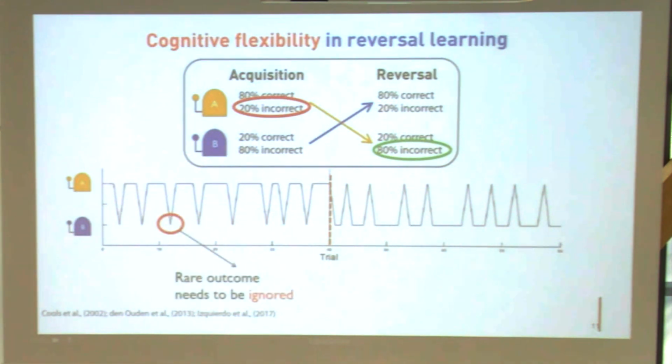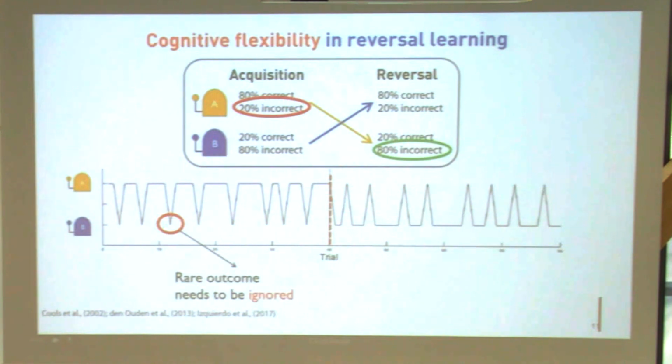So essentially, there are things to look at. If at the very beginning, the first half, they choose A, they receive a probabilistic punishment. So this is according to probability. 80% of the time you get a win, 20% of the time you get a loss. So if you choose A, occasionally, rarely, you get a loss. But if you're a good learner, you should ignore that because you figured out already that choosing A is most of the time better. You just choose it, even though occasionally there is a loss. That's probability. This is because of randomness.